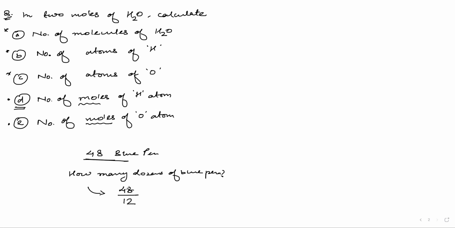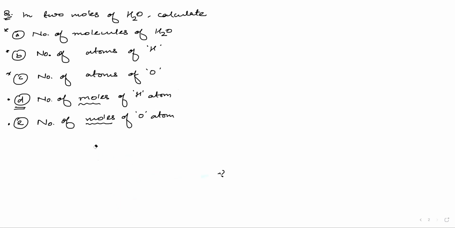For the same thing with moles, you know the total number of hydrogen atoms, that is 48. And what should you divide it with? The Avogadro's number, yes sir. So you can calculate the number of moles of hydrogen atoms also. After you have calculated, we will see if we can calculate it without even picking up the pen.